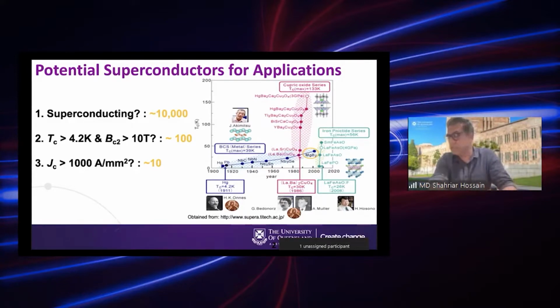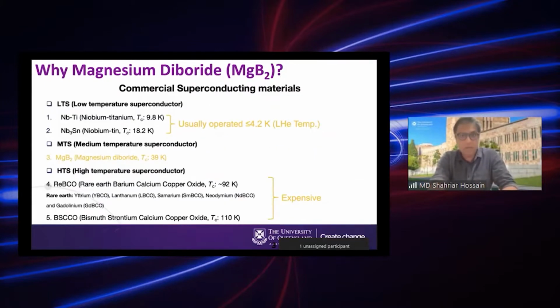The pressure required is around 267 gigapascal even at room temperature, so it is not practical, I think. So we will talk about MgB2 today. I was waiting for June's talk, but it was cancelled. MgB2 was discovered around 20 years ago, but still